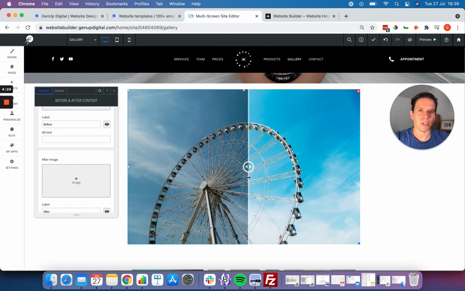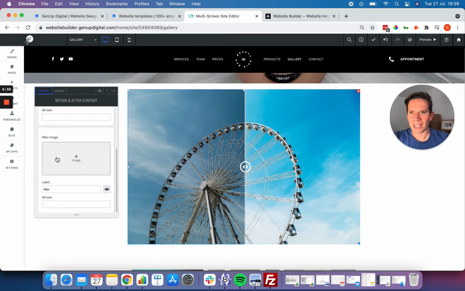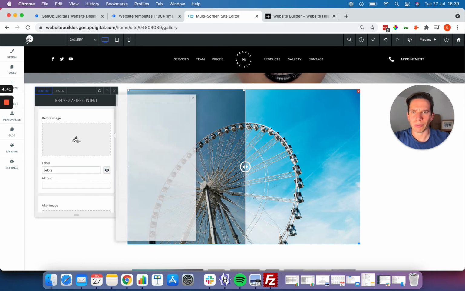But actually what we want to do is have an actual good example of before and after. So once we've put this in place, you'll see this box appears on the left hand side, and we've got the space to add a before image and a space to add an after image. Now when we click on the before image box,